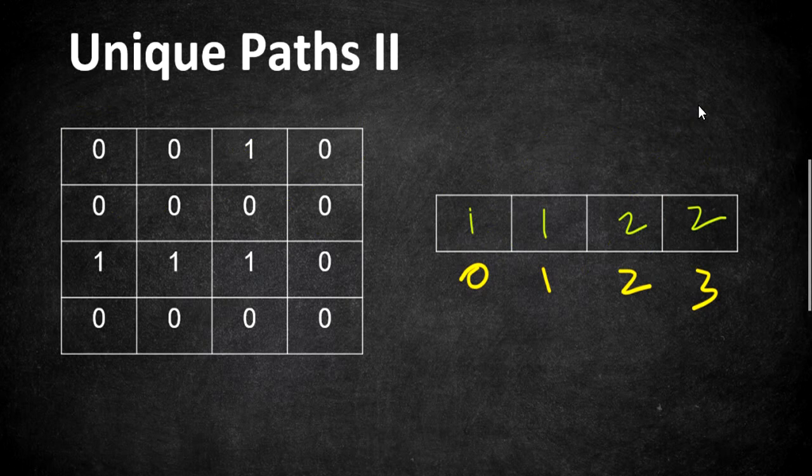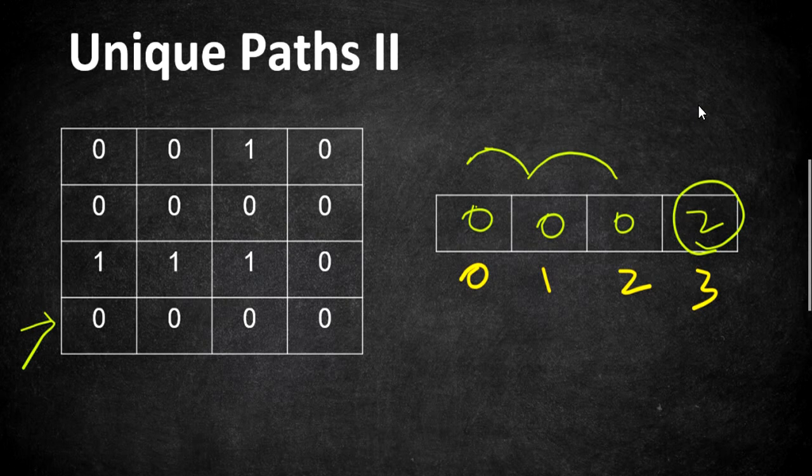So right now we are moving to our third row, where the first three things are blocks. So in that case we are going to fill in zeros in the cells. So finally the possible way to reach the last cell is there, because it is a 0. So since the previous value is 0, 0 plus what is there actually in the current cell, which is 2, it is going to stay 2. So as we are adding what is there in the previous cell and current cell, all values are going to be 0, and finally we reach the last cell. So far there are two paths to reach this cell, and there is no additional value in the previous cell, so this is going to be our output.